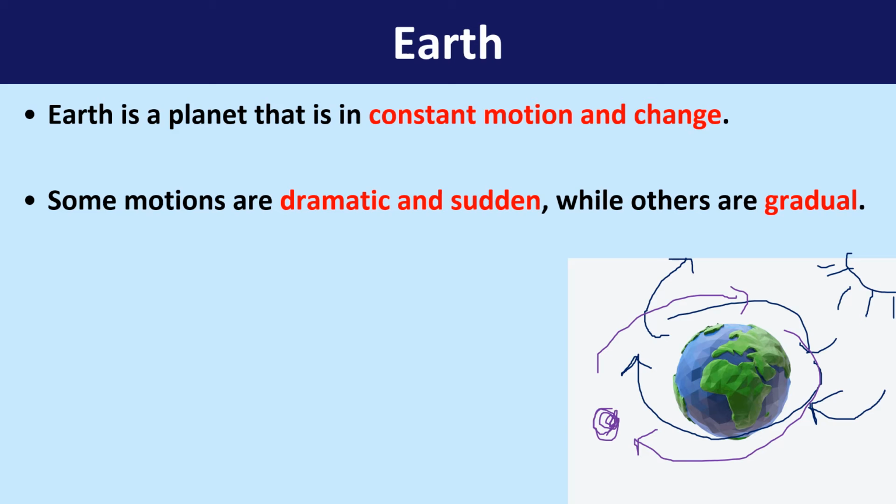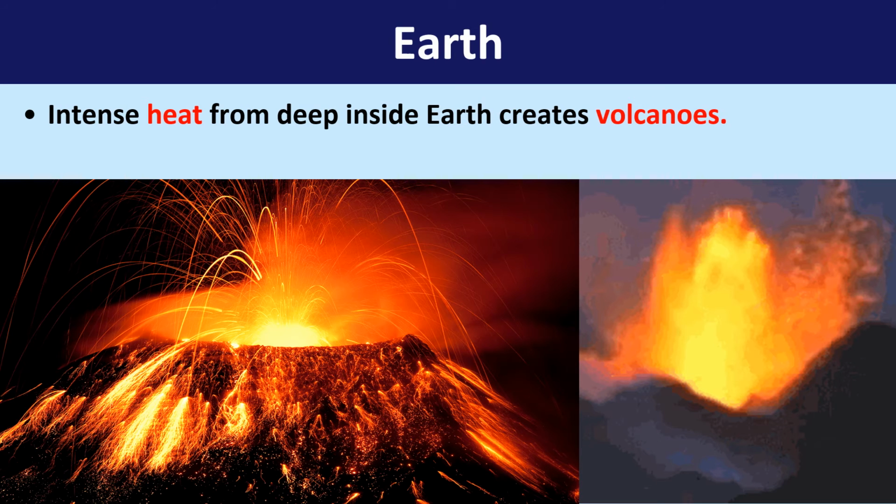Plus, some motions are dramatic and sudden. On the other hand, some are gradual. Dramatic and sudden events are what you see in the previous pictures and the activity that we just did, which is our volcanic activity and earthquake activity. One of the sudden events that we can think of is obviously magma and lava under our Earth's crust. We have quite a lot of heat being produced at the core of the Earth. So the intense amount of heat from deep inside the Earth basically creates volcanic activity, and volcanic activity